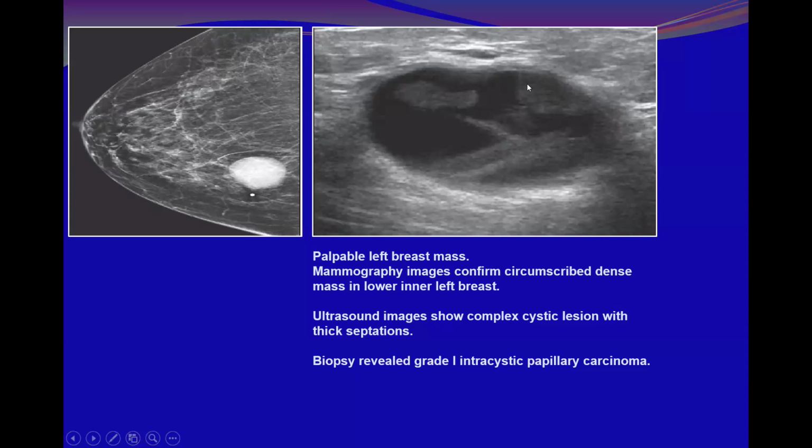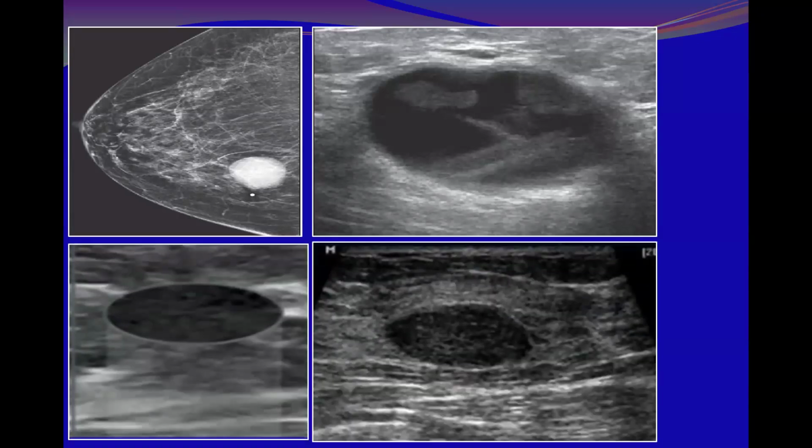with septation as we have seen here, but we were concentrating on the margins, and the biopsy revealed intracystic papillary carcinoma. See, papillary carcinoma is one of the group presenting as circumscribed. But when you look at circumscribed masses, usually zoom in and carefully evaluate the margins, you might find areas that are not strictly circumscribed. Definitely not like this.